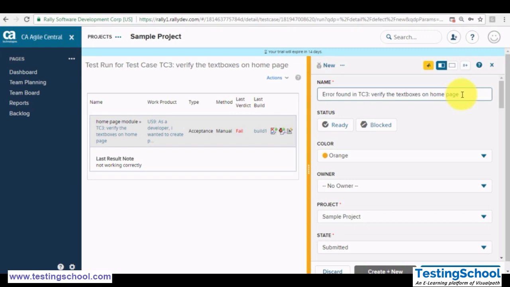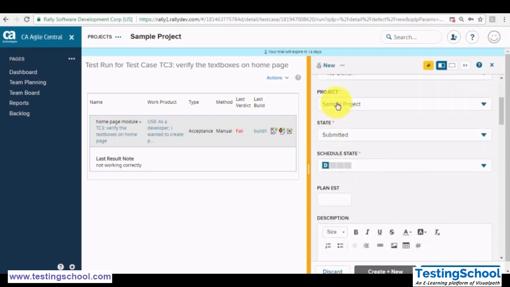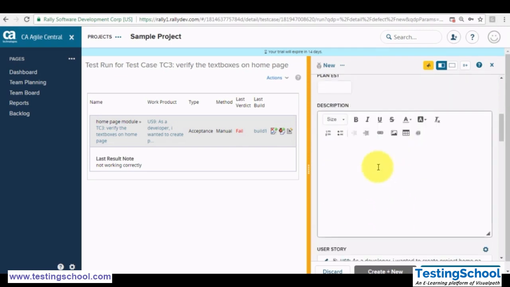Like what is my test case name? So I found that error in test case 3, verify the text boxes on the home page. You can put the same thing or you can modify that, and then you select the project. The submitted state is by default. Then the description, if you want: